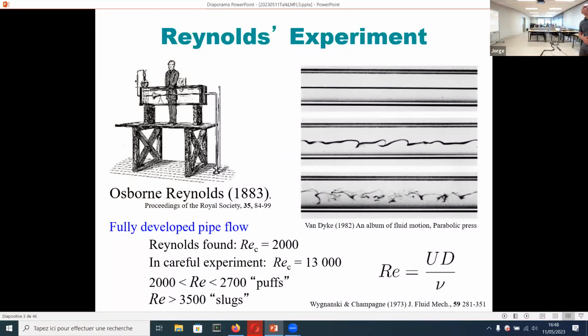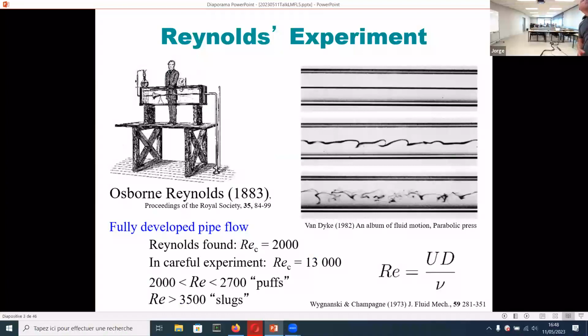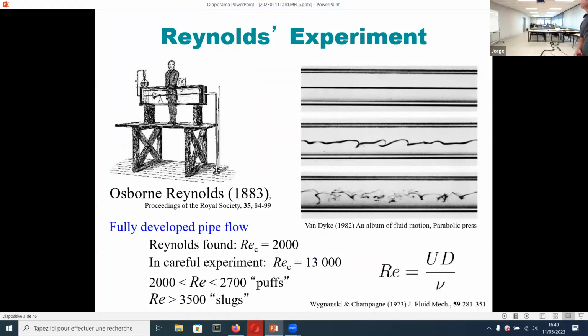So to create the flow, he put his glass pipe very high on the table, and he used a tap at the bottom to get a constant pressure. And he put everything in a glass box, with the inlet made of wood and three pipe diameters long, and some kind of ink. He was able to see